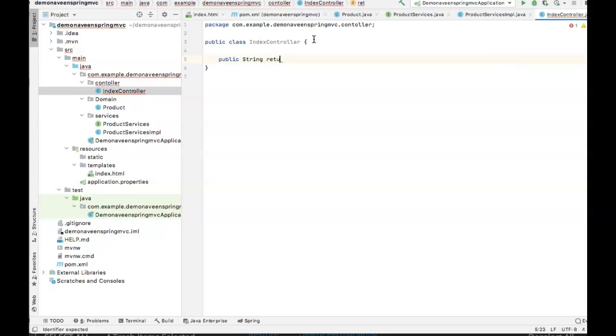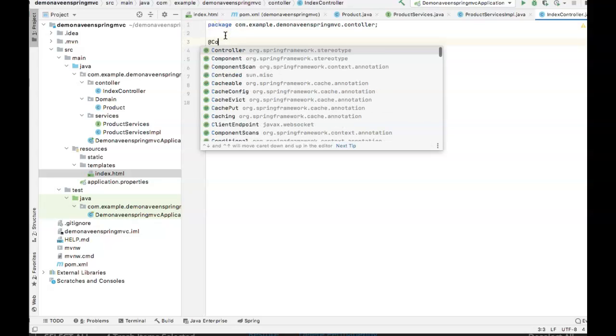So if I say return index, that returns the view which we called index, and also we need to annotate this as a controller,